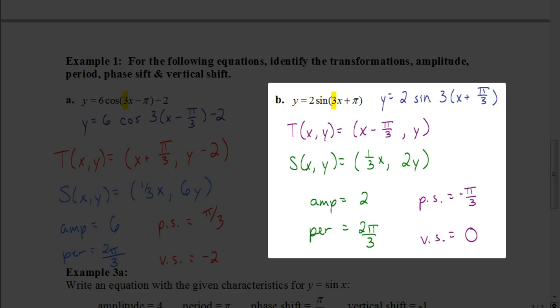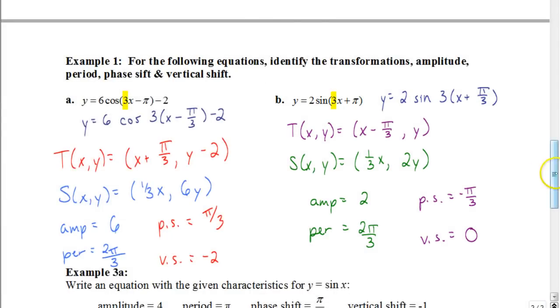Your phase shift would be negative pi over 3, so it's moving to the left pi over 3 units. And your vertical shift would be 0, because it's not moving up or down at all. So that's what you do if you have a coefficient that's not 1. Well, let's look at one last example